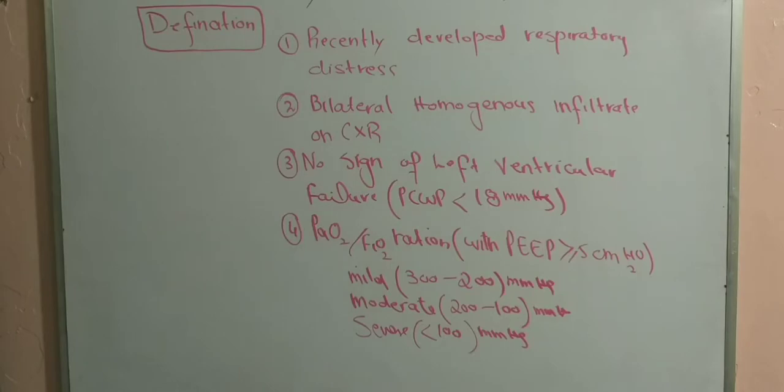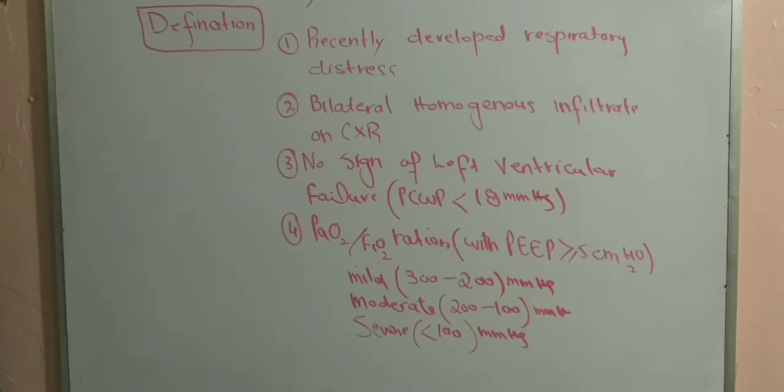So first of all, we will define acute respiratory distress syndrome, and as it is always said, try to concentrate on the name of the disease because there are certain literal meanings of the names. For example, when we say this is acute, that means it is recent in its development. It's not a chronic one. So acute defines the duration, and respiratory distress means that the patient has developed a difficulty in breathing, and the syndrome means that not only the lungs are involved but there are certain other organs which may be involved.